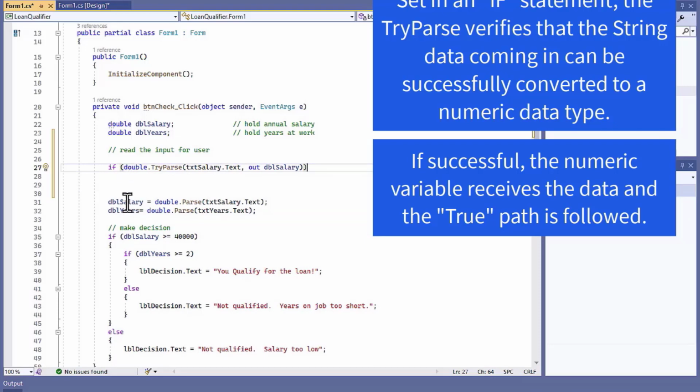So what we're doing here is we're looking at the text box, text salary right here,